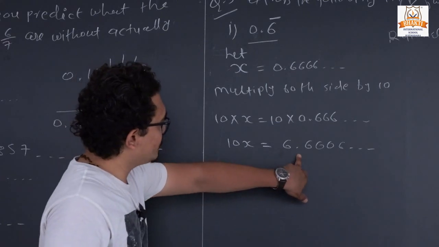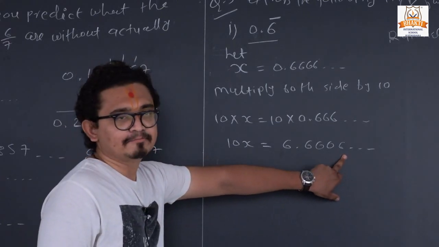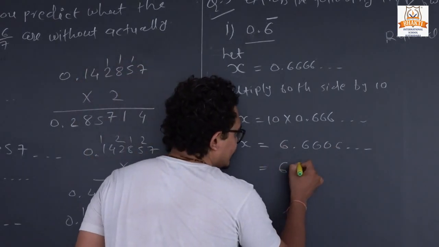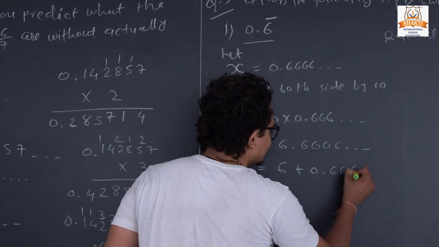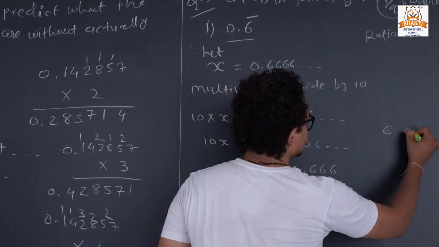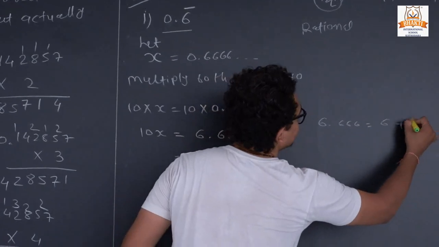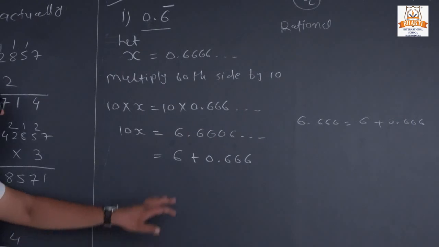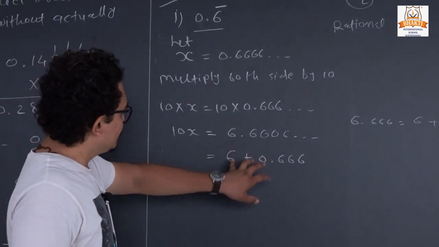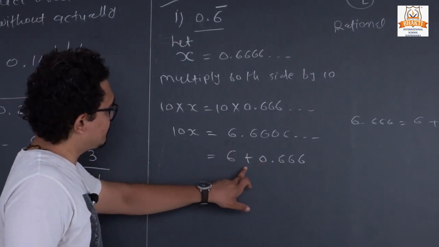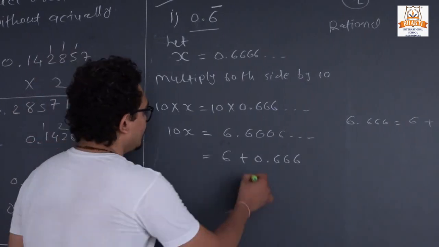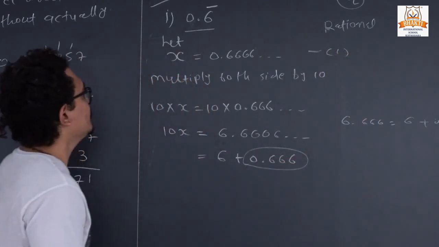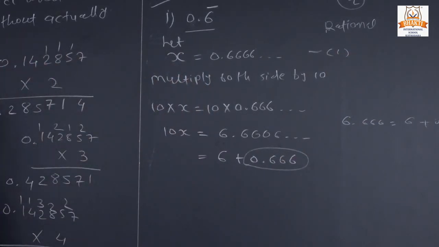So now here we have 6.666 repeating. If we want to convert, we can also write it like this: 6 plus 0.666. If we write 6.666, we can also write 6 plus 0.666, and the answer will remain the same. Clear? Now here we can see 6 plus 0.666. Suppose it will be our equation number 1. So from equation number 1 we can clearly see that